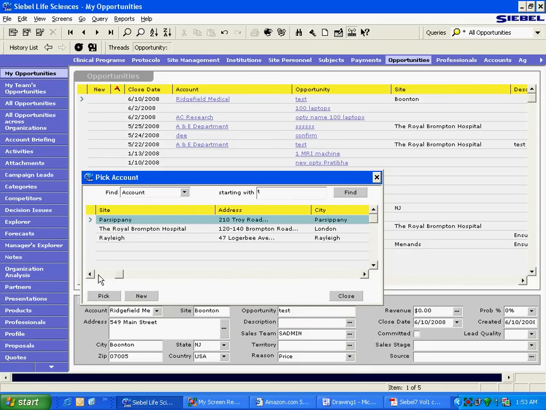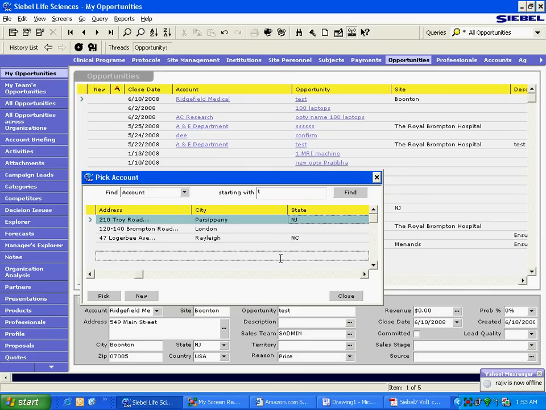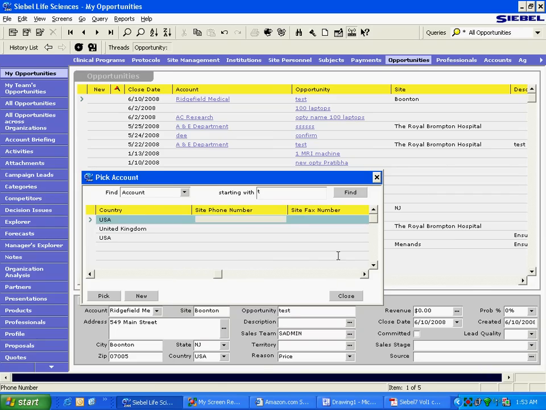Let's say had there been two accounts with the same name. Had there been, I'm not saying there are. If there are two accounts with the same name, then it would have helped the user to look at other attributes like site, like address, city, state, like DUNS number, like site phone number, to identify which account is the one to which he wants to associate that opportunity.